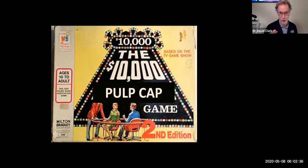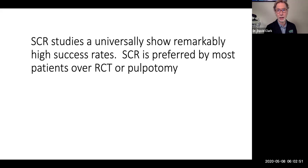And let me explain how this works in private practice. When you have a patient come in to your practice, whether you're an associate or you're in your own practice, basically they are testing you. And are you going to fail the test or pass the test? So before we talk about the $10,000 pulp cap, we need to talk about